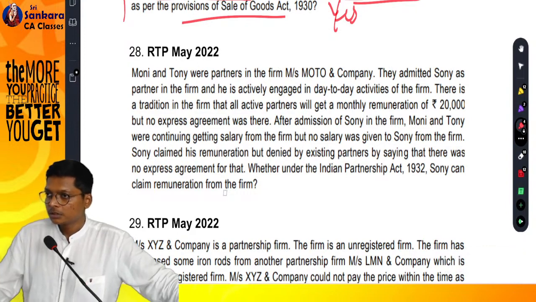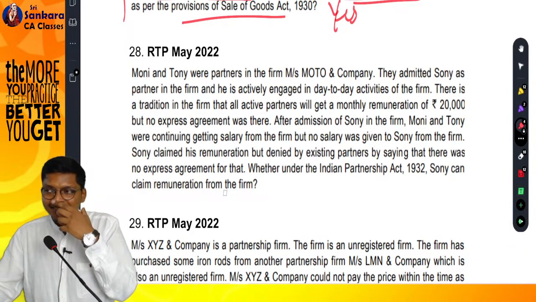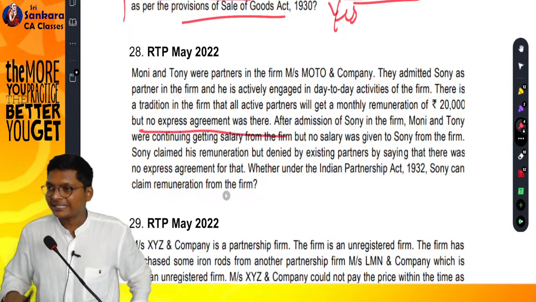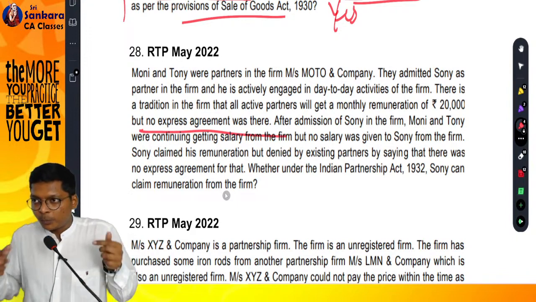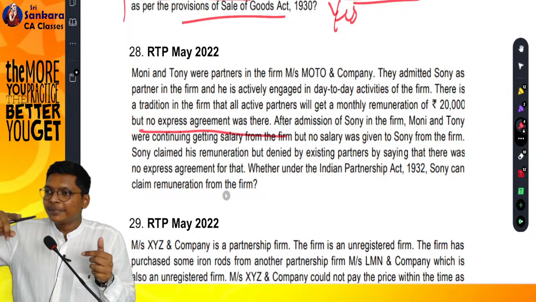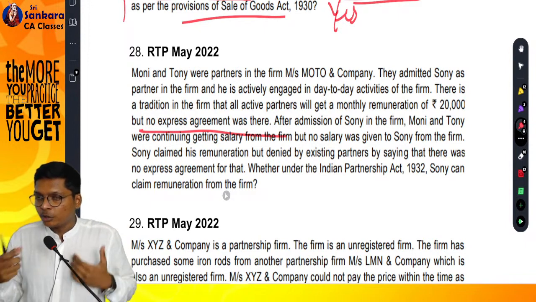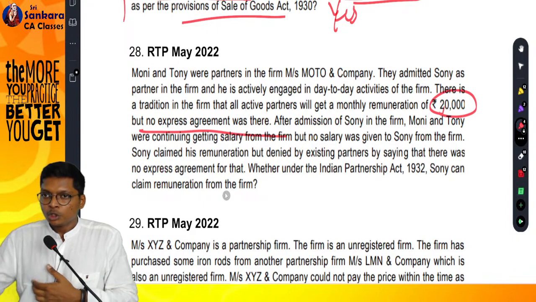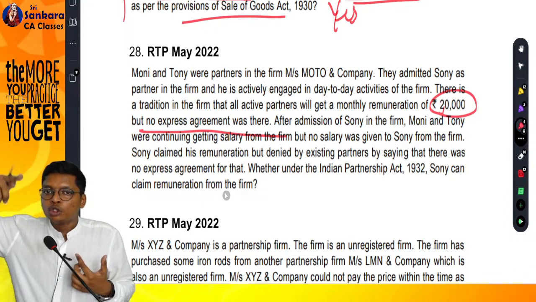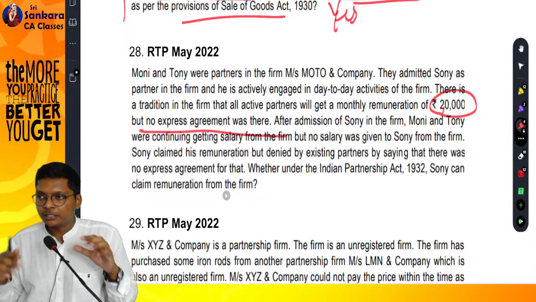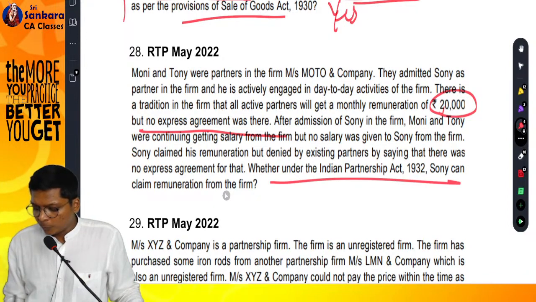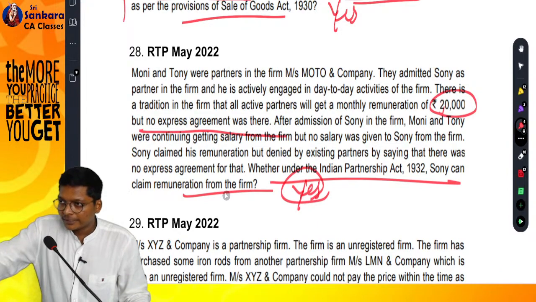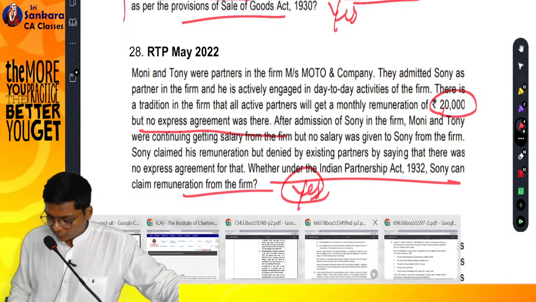Can he claim? Normally, remuneration is decided in the partnership agreement. Here, they don't have an express agreement. But when you are paying other partners, it becomes an implied understanding, orally agreed, that remuneration is paid to other partners. So, unless you expressly say the new partner will not get remuneration, all partners have the right. So, the new partner will have to be paid remuneration. Able to follow, guys? If you want to read the answer,